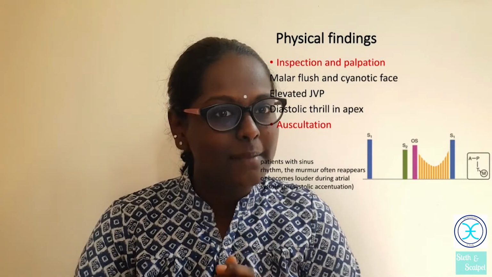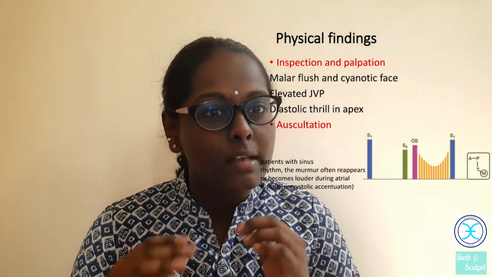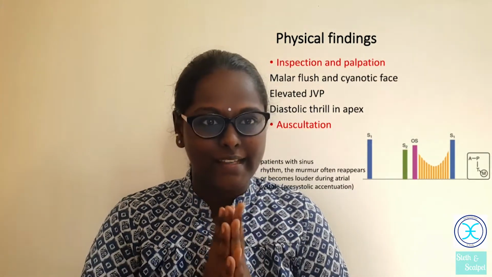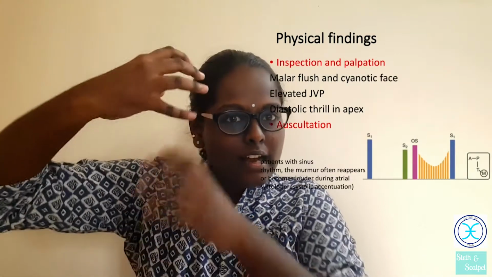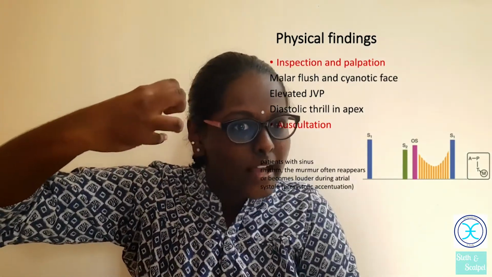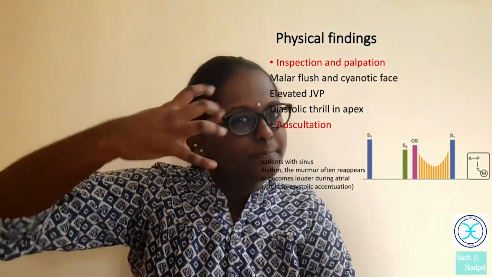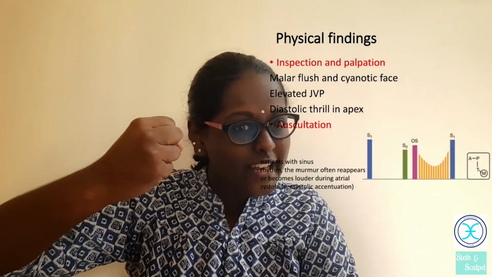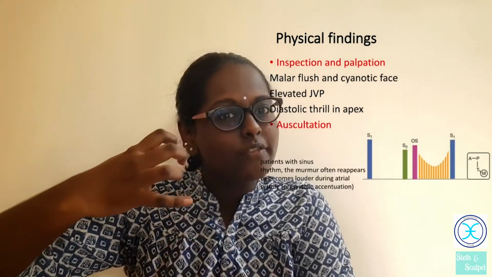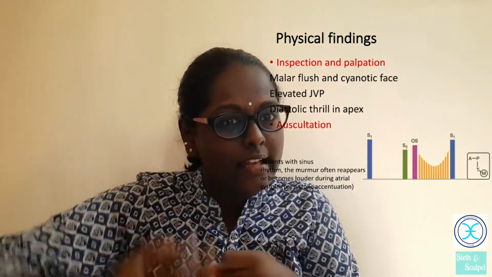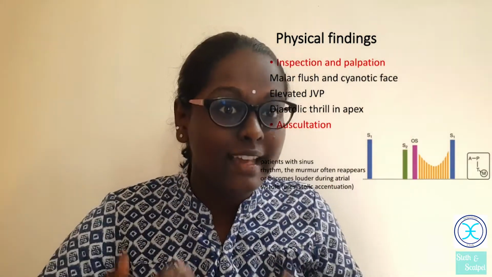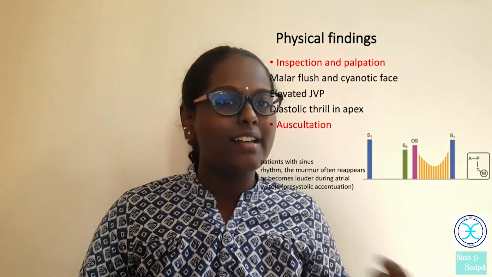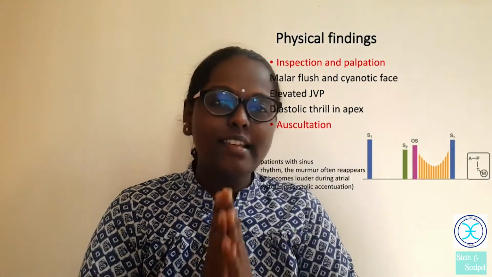And also sometimes there is what is called presystolic accentuation that takes place, because the blood enters passively. Next, what happens is the left atrial systole will take place. Because of that, more blood will enter, right? That sound will accentuate and increase. So that is called presystolic accentuation that is taking place. This is another type of murmur.